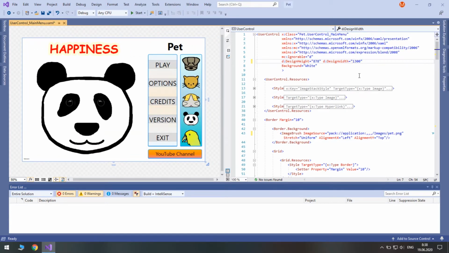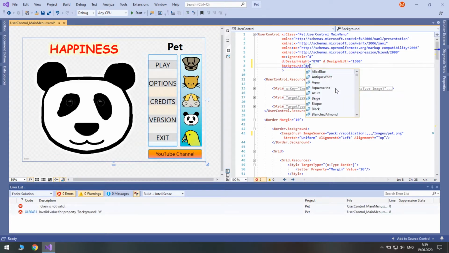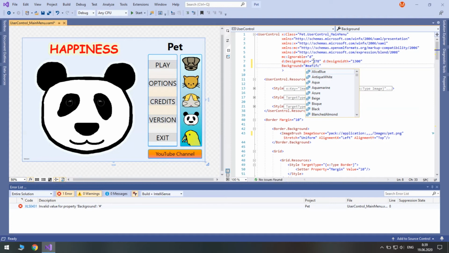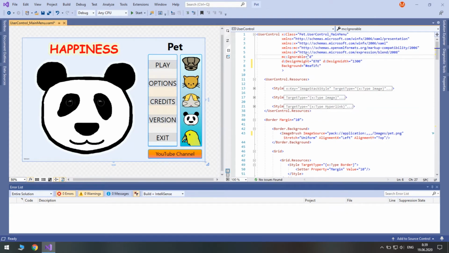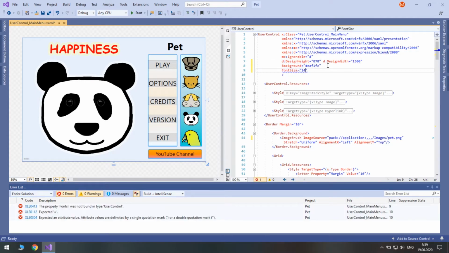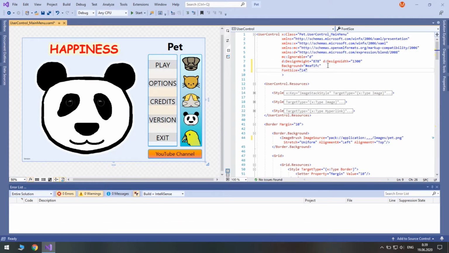Now let's change the background from white to something not so shiny, like hash EAF1FC. Good. Now let's set the font size here to 14 and use layout rounding to remove the blurry effect from images.